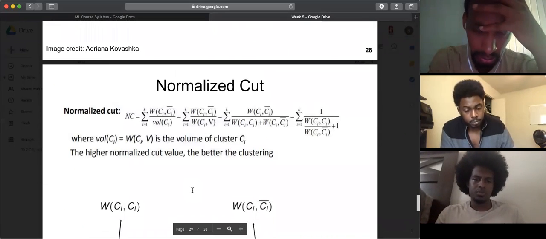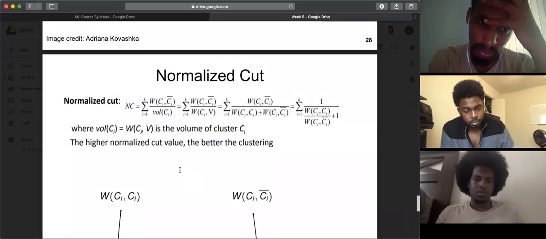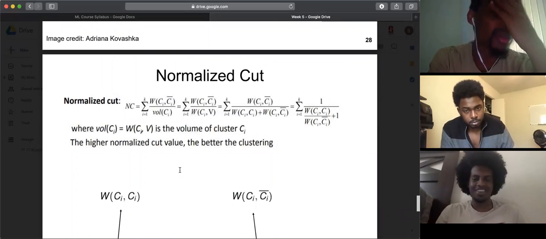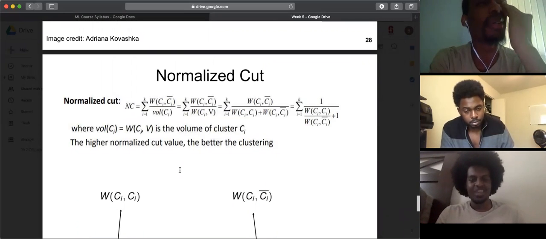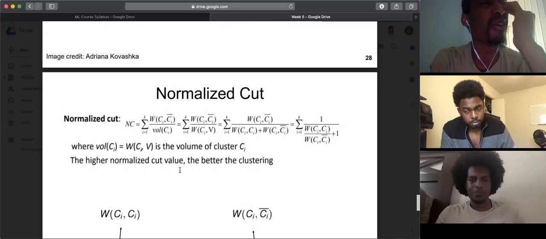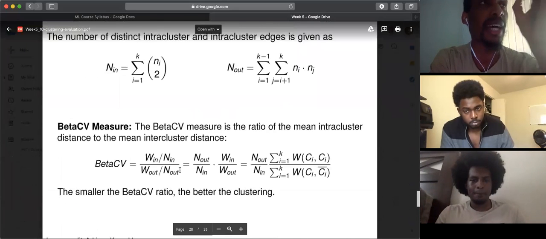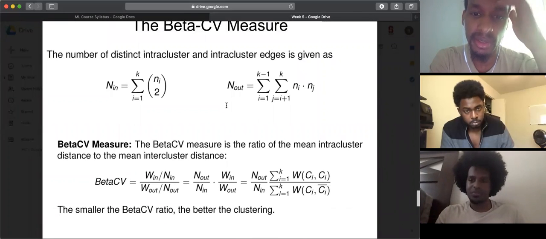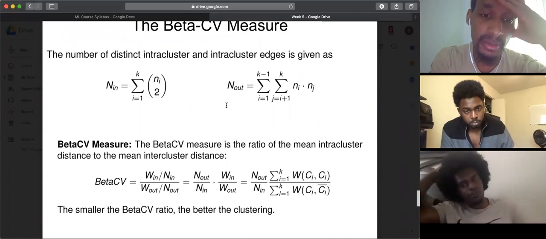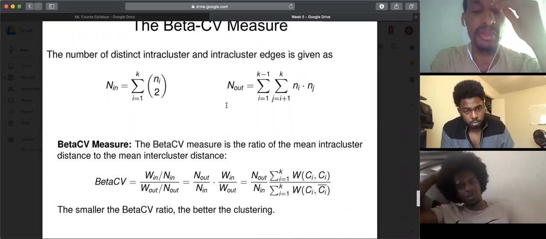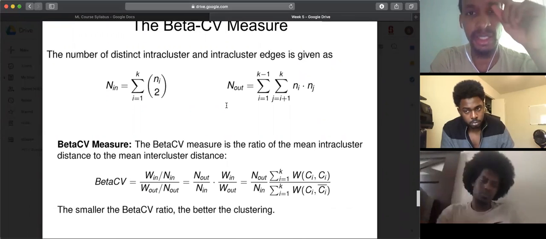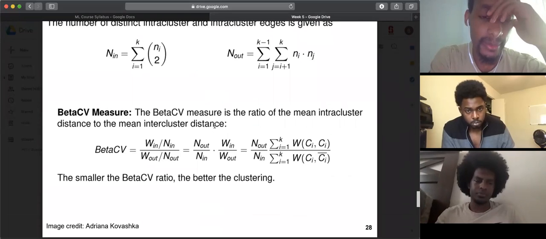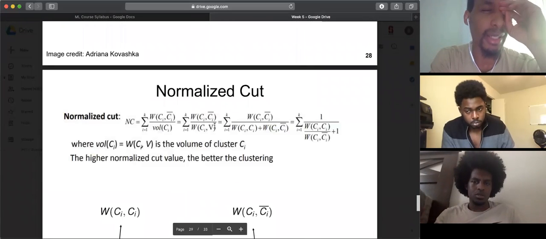Normalized cut. Yeah, it's just a bunch of measures. So beta CV is a measure of how tightly packed the clusters are, related to how far away they are from other clusters. A ratio. Okay. But it doesn't really tell you anything about how well